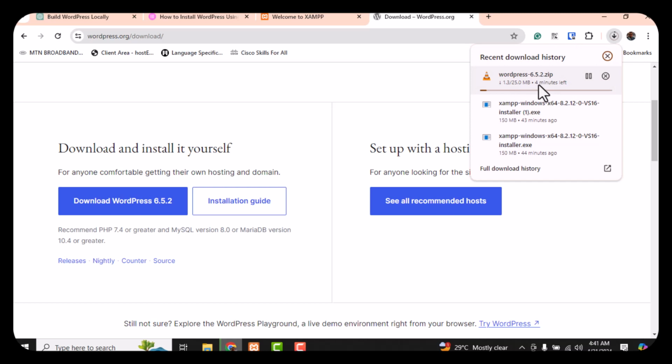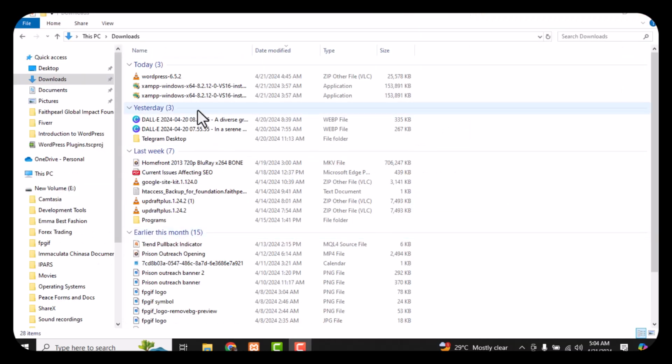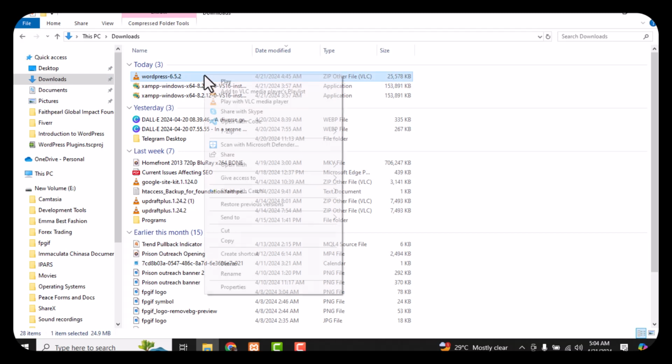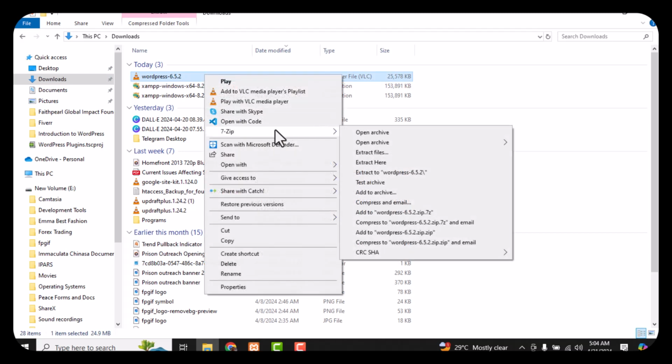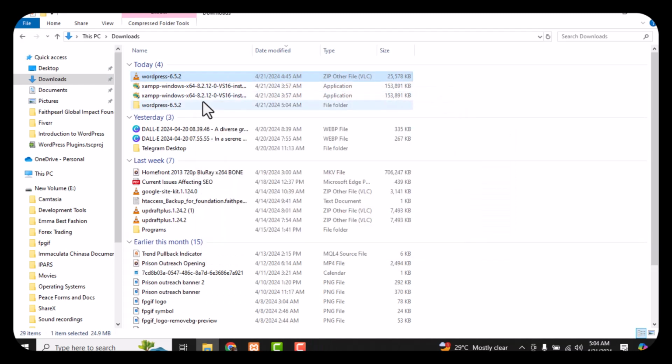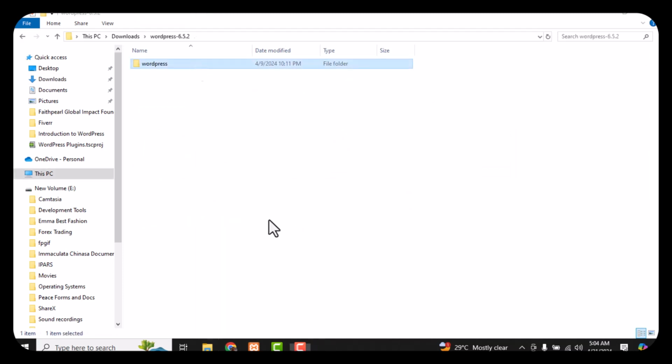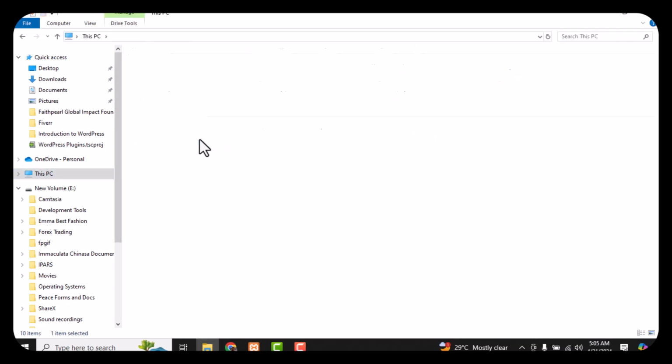Right, so WordPress is downloading. WordPress has finished downloading, and we will extract WordPress into a folder. I use 7-Zip to extract. So I just right click, go to 7-Zip and extract to WordPress. When the extraction is done, we copy the WordPress folder and go paste it in our site folder, which is in local disk,